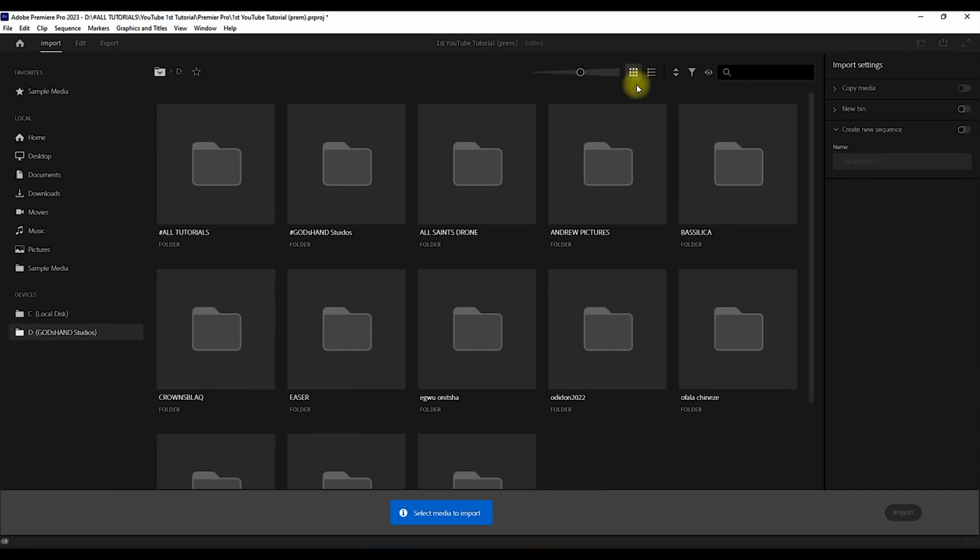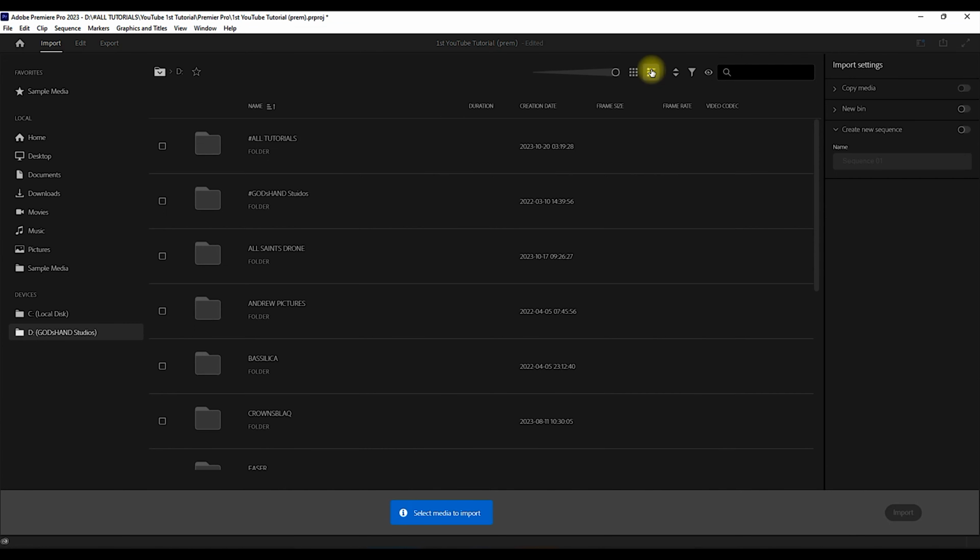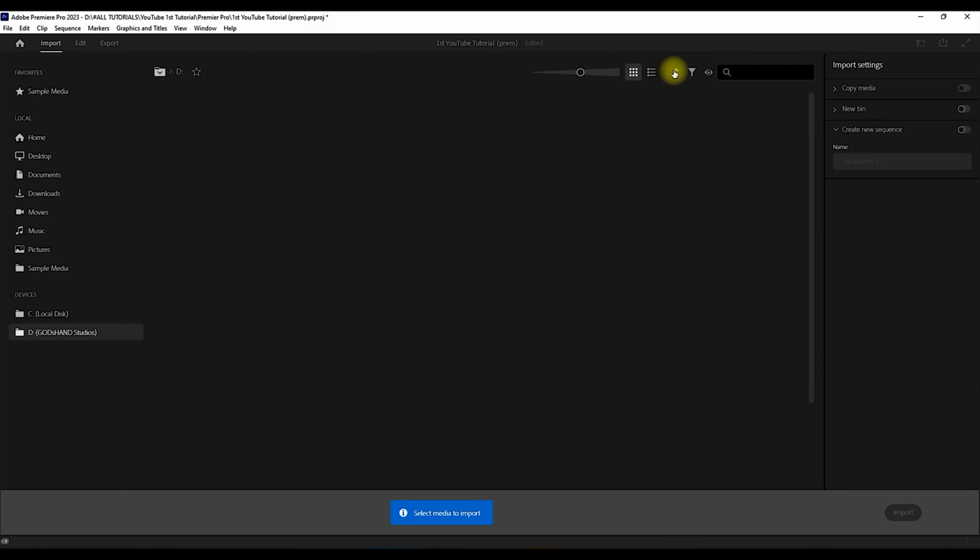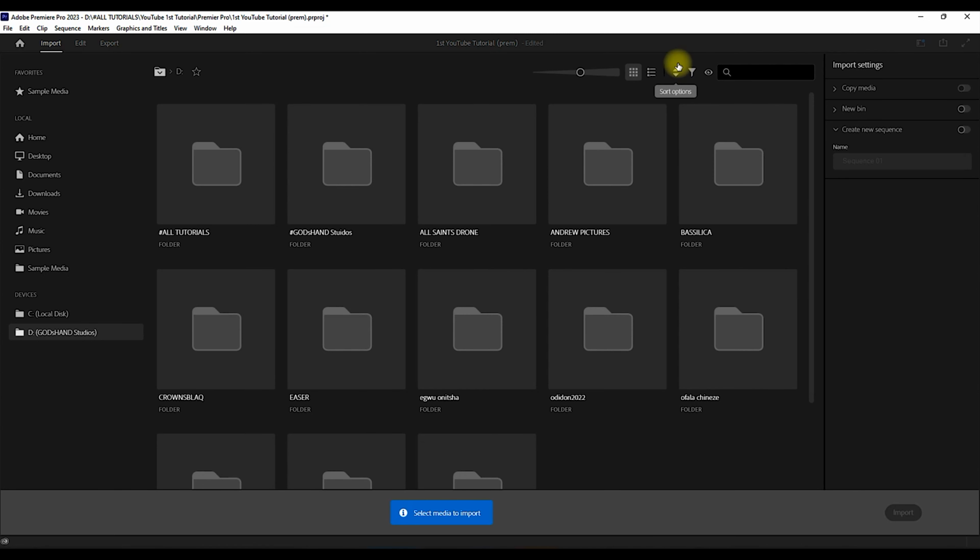And this is called the grid view. If we move over to this icon, which is called the list view, the view of our folders is going to change. Our folders are now being displayed in a list format, but let's leave it at the grid view. This is called the sort options, which gives us the option to change the arrangement of our folder. So let me click on it. There are two major ways that I can sort this. Either I sort it by name, and by name it means in alphabetical order, that is A, B, C, and so on. And if I change this to descending order, you'll notice that the order will change.